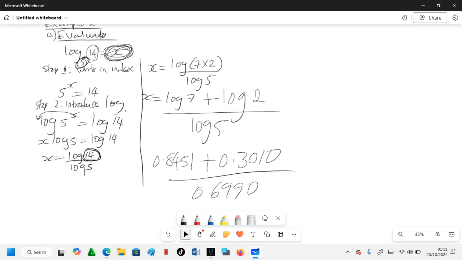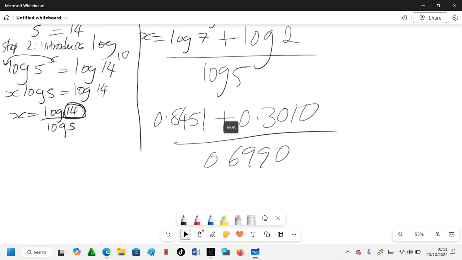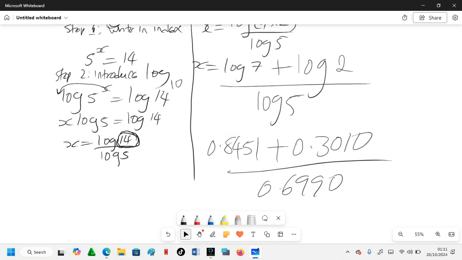Now we are writing it in index form, and then we introduce log to base 10 on both sides, so that we have log of 5^x is equal to log of 14. So divide both sides by log 5